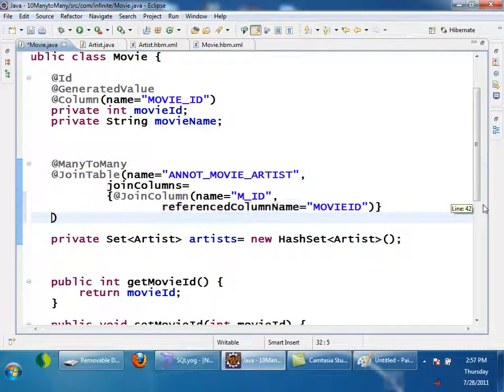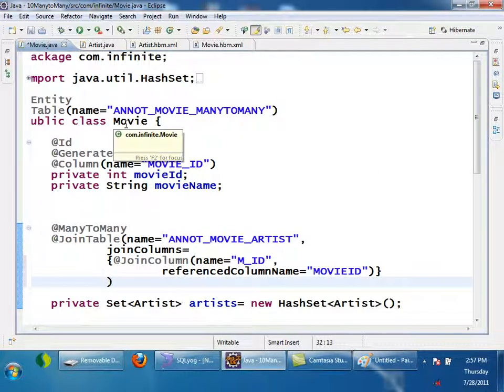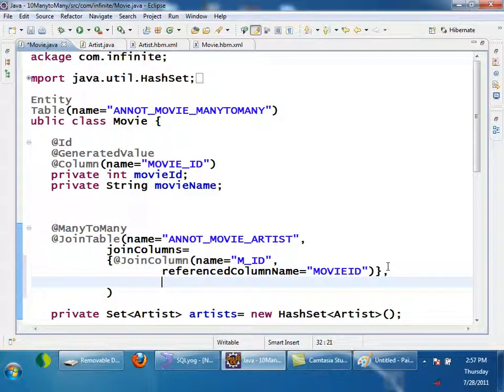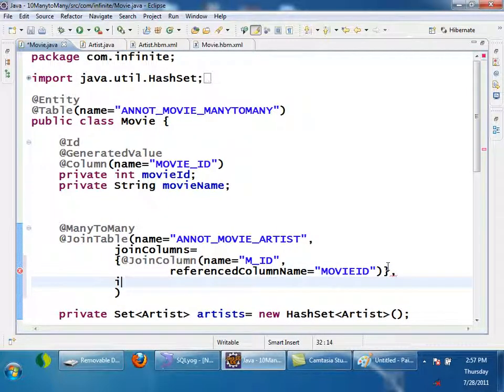What is the foreign key? artist_id, right? But that artist_id is not inside the movie table, right? It is in artist table. So we have to use another annotation, comma, inverseJoinColumns. Inverse join column is join columns which are coming from the other side. inverseJoinColumns is equal to, that is also an array. So array of join columns.